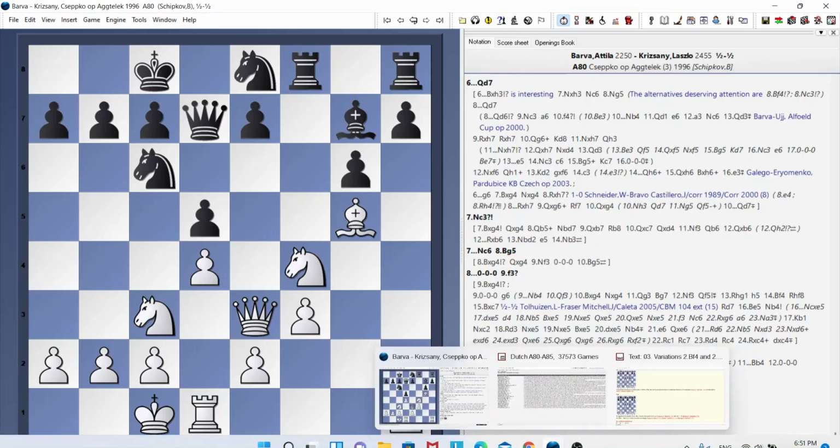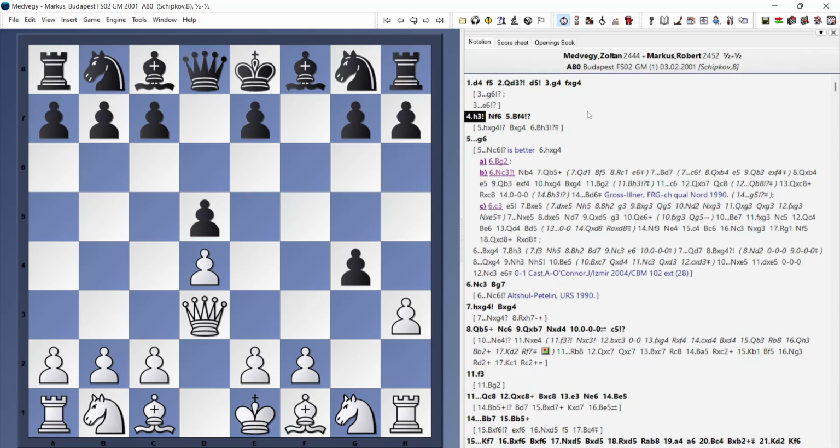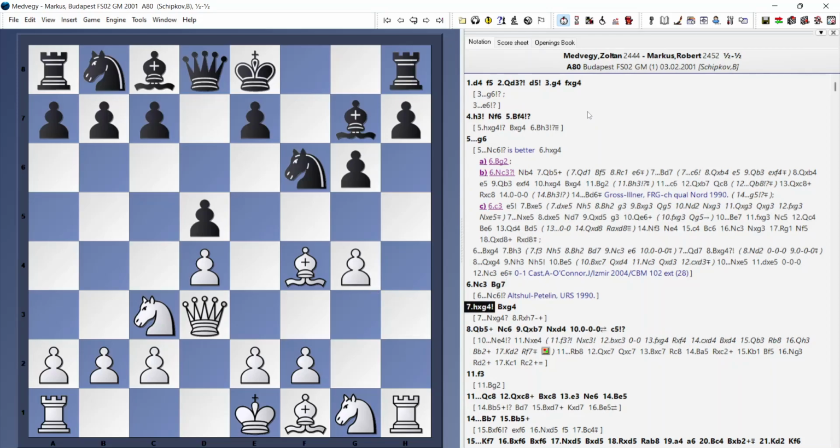And our final game is between two players rated around 2450. Again, after queen d3, d5, g4, f takes g4, h3, knight f6. And this time, white opted for bishop f4 instead of h takes g4. g6, knight c3, bishop g7, h takes g4,